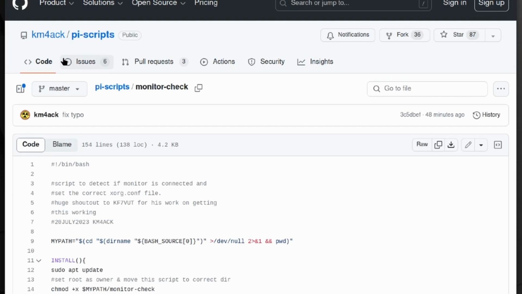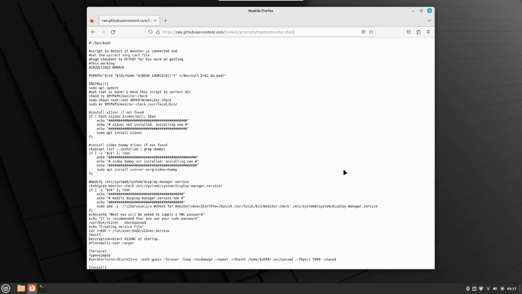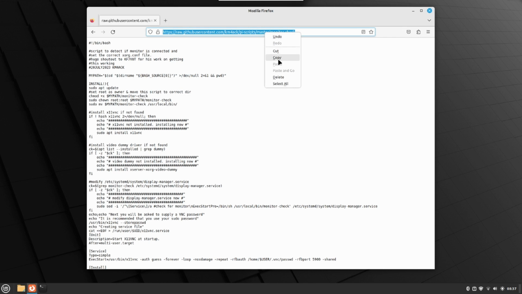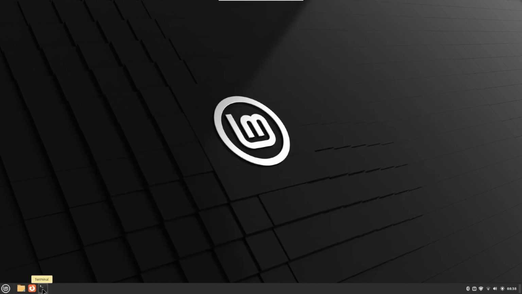And once we're on this page, don't miss this next critical step, and that's clicking on the raw button right here. This is the page that will load up after we have clicked on that raw button. What we need to do next is we need to come right up to the top address bar and copy that entire URL. So we'll highlight it, right click, and copy. Now we can go ahead and close the browser now that we've got that URL copied,